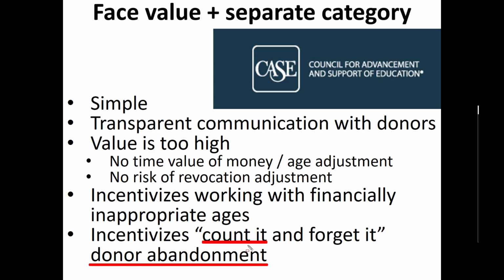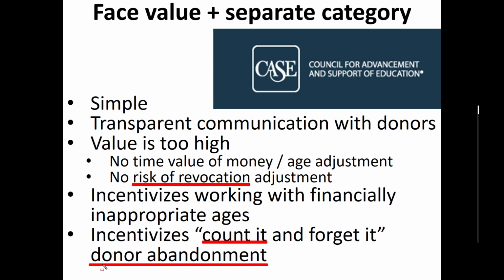So we sort of do the opposite of recognizing risk of revocation. We treat this as if the risk of revocation was exactly 0%. If the risk of revocation was 0%, then, hey, donor abandonment, be my guest. You know, it's done. They've already signed it. You can move on to the next person, right? But if, in fact, we do have a risk of revocation, then it's kind of a dumb strategy to incentivize this count it and forget it behavior, because it's a strategy that encourages abandoning donors,